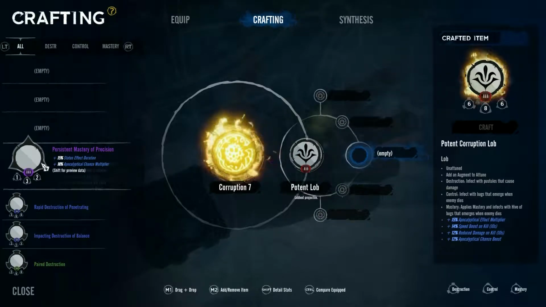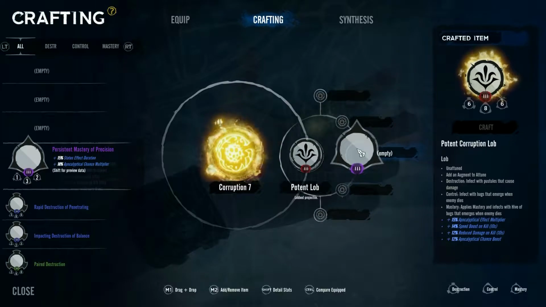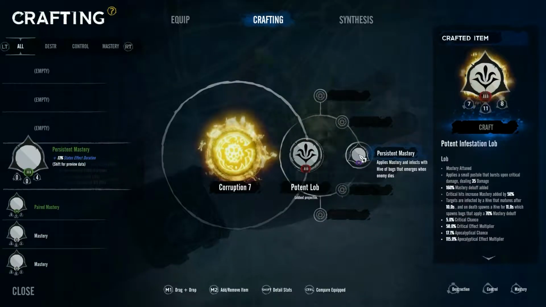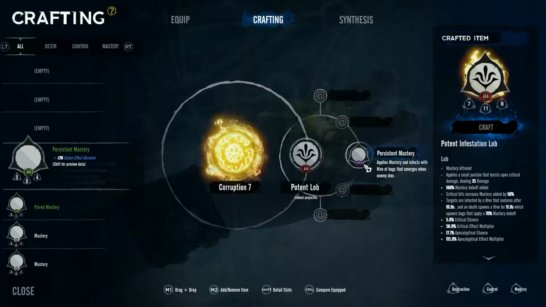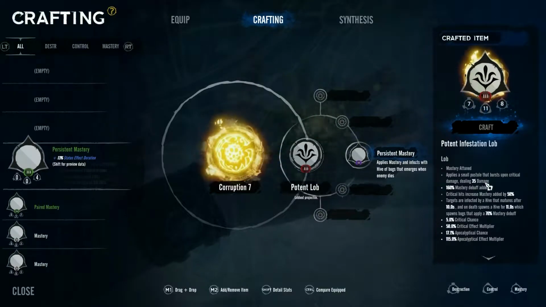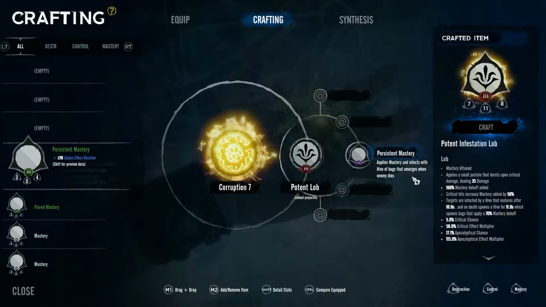And then, again, I think mastery is the way to go. I like having my current mastery lob as it is. So we're going to just stick with that and go with this persistent mastery that I have here at level 3. So what does this give us? Well, the bugs will do a tiny bit more damage when they burst, so up to 35 damage instead of only 30. That's not bad. It adds a...